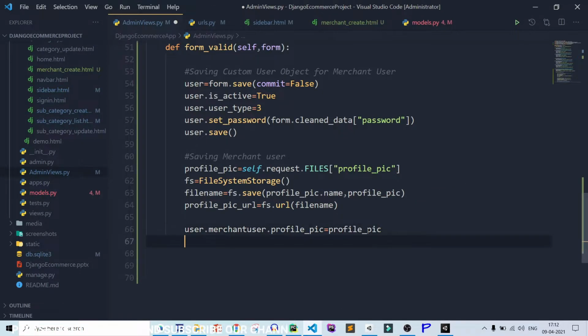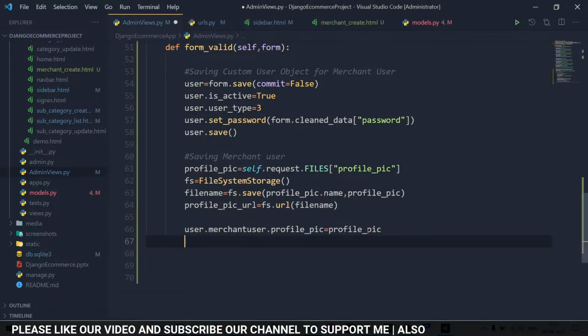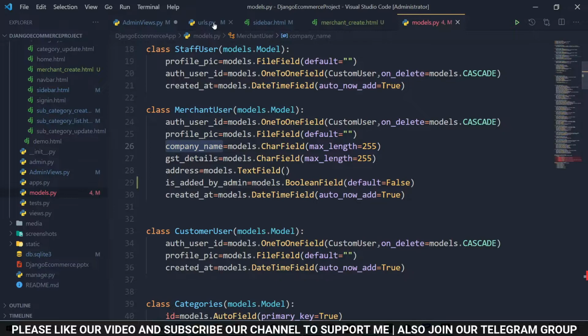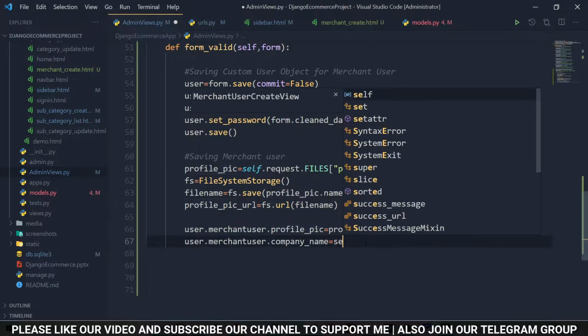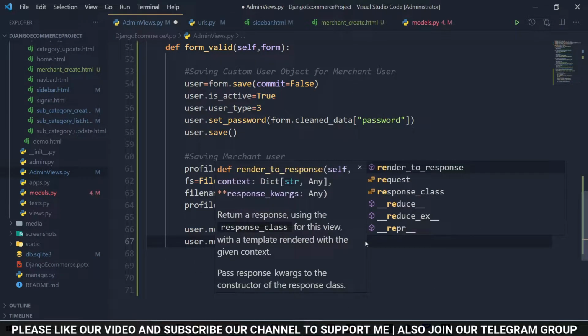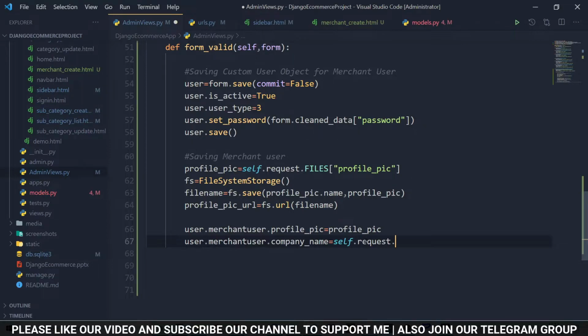So profile pic, then user, or let's copy this same line. Next field, company name, and here self.request.get company name.